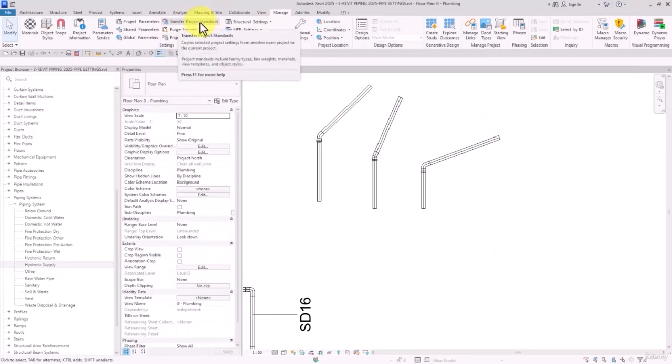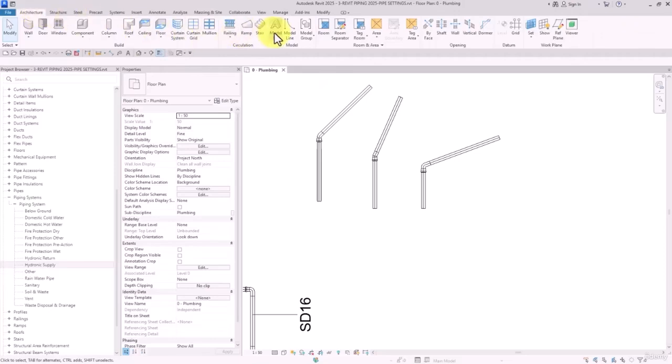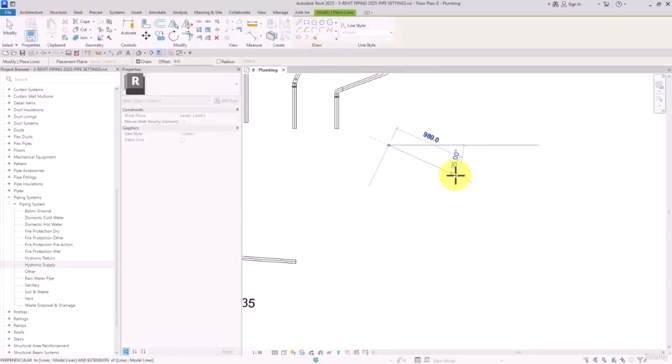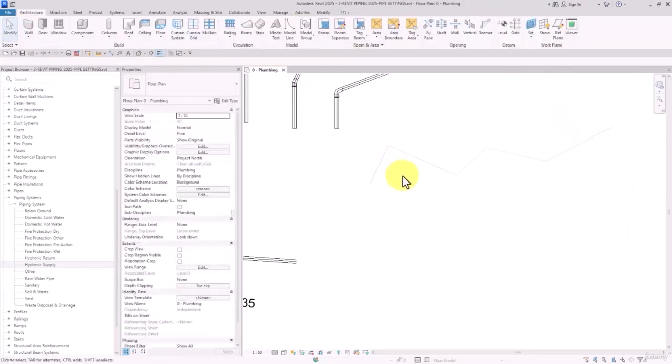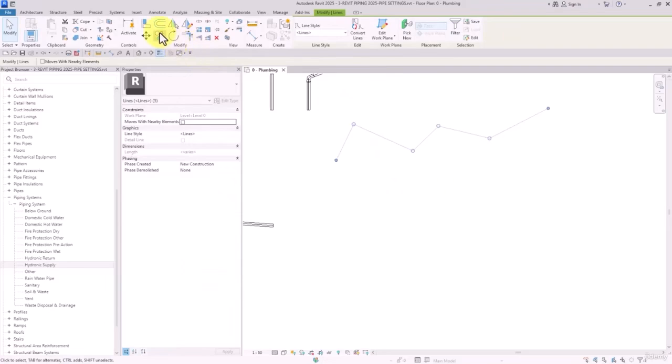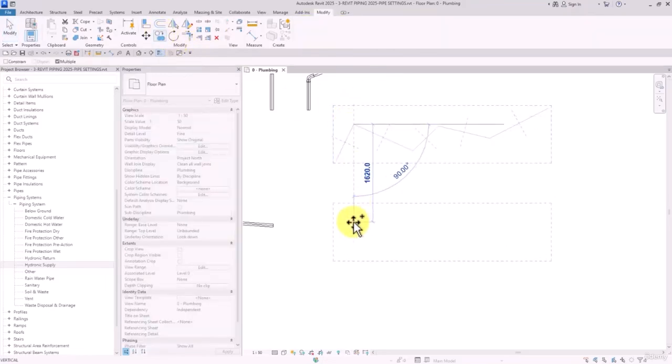Now, to talk about our parameter, from Architecture tab, I'm going to select Model Line. And then I'm going to go ahead and draw some schematic lines with some hypothetical angles. For example, something like this. Okay, I'm going to select everything, get a copy of the whole thing, and move it down and set it